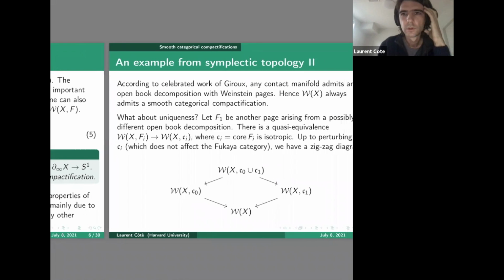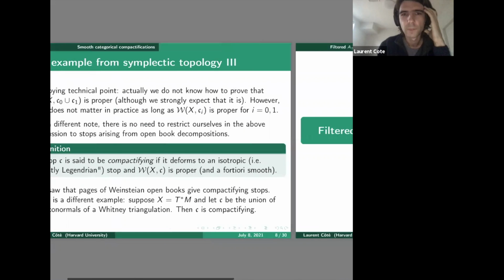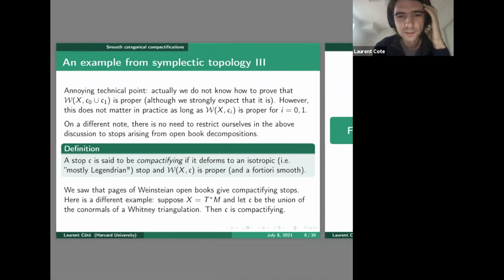So unfortunately, there's an annoying technical point, which is that we don't at the moment know how to prove that the category W of X comma C0 union C1 is proper, although we're pretty convinced it is, but in fact this doesn't actually matter for any of the applications. It's somehow enough to know that it's